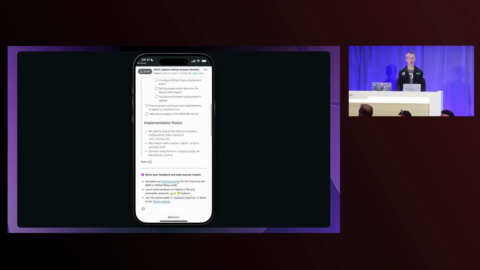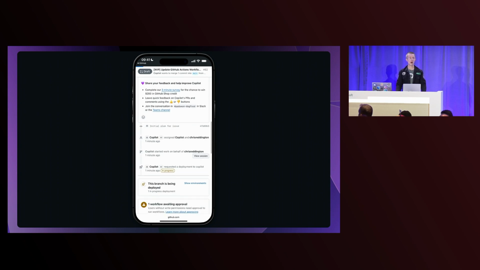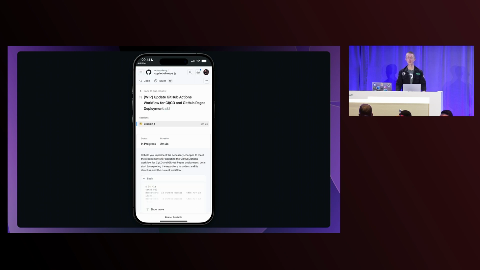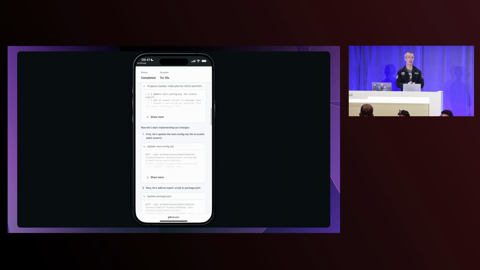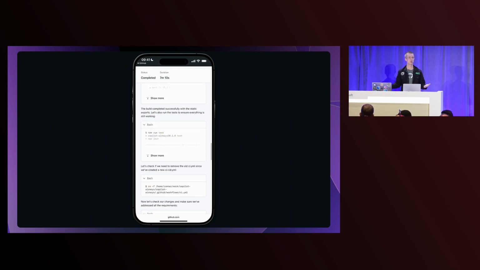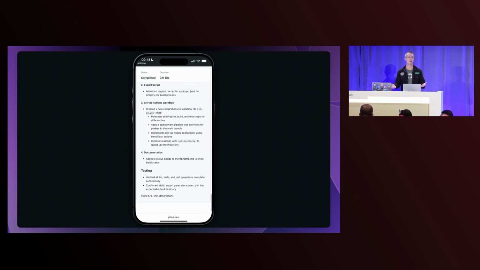This might seem like a fun, cute thing, but I genuinely think this is really valuable. I've actually had situations in the last few weeks where I've spotted a bug or something I want to implement while I'm on the bus or making a coffee. I can quickly write an issue from my phone and assign it to Copilot. And then when I come back from my lunch break, I've got a PR that's ready for review. That's a real thing that I'm doing and other people in the team are doing. So it's cool to be able to do that.